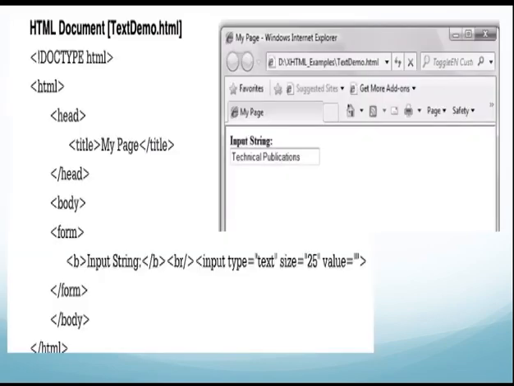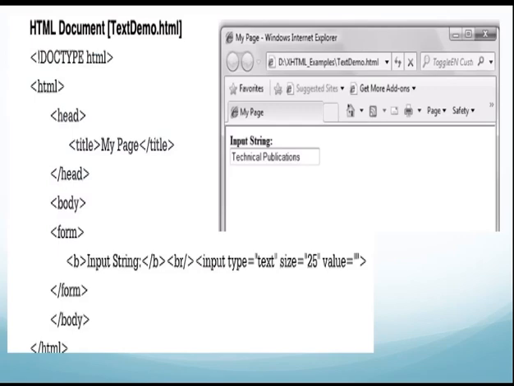Okay, now this is an example. Here I have taken an input string, and I have taken a text box where I have entered the value of the input string. So first open the doctype HTML tag, then open the HTML tag, open the head tag. Inside the head tag, I've given the title as my page. Then close the title tag, close the head tag, then open your body tag. Now comes the actual code. Inside the body tag, if you want to create a form, first you have to open a form tag.